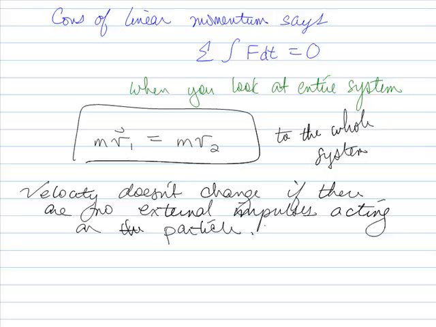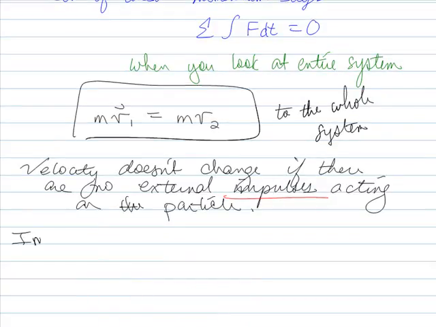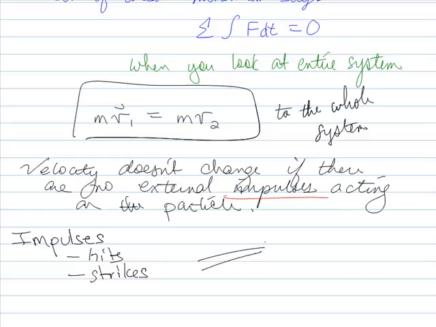Okay, so now when we're talking about impulses, just to kind of give you an idea, usually when we're looking at this, we're looking at, here's the ball, it's going this way, and bam, it's hit by a tennis racket, and now it's going this way. Okay, so when we're talking about impulses, what we're talking about is hits, strikes. An example they give in your book is, if you've got a hammer hitting a nail, you've got the weight